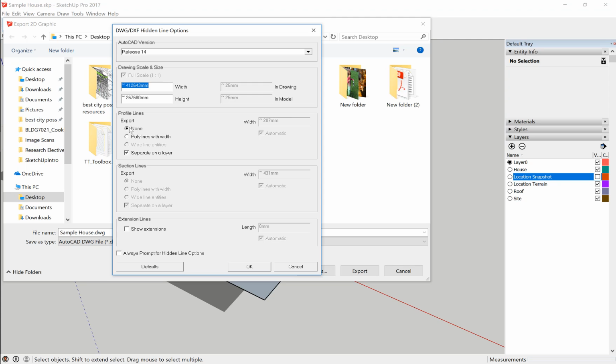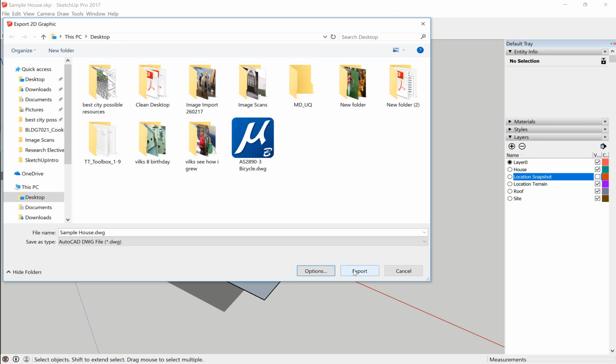When you're doing the profile lines, make sure that you say none. This extension lines as well, it's usually defaulted to on, and what it does is that at the intersection of each line, it lets the line overrun ever so slightly, and it really does create an annoying busy image, so that should really always be turned off. It depends what CAD package you're using as to what AutoCAD version you export as. I'm just going to export as 2013. I'm going to go OK, export,